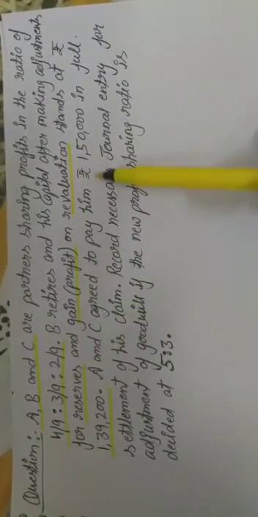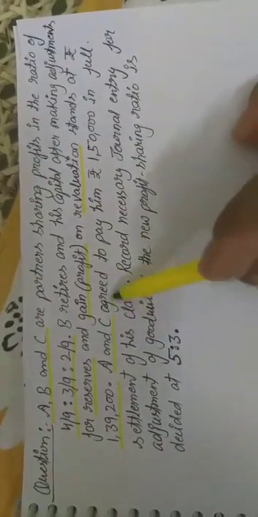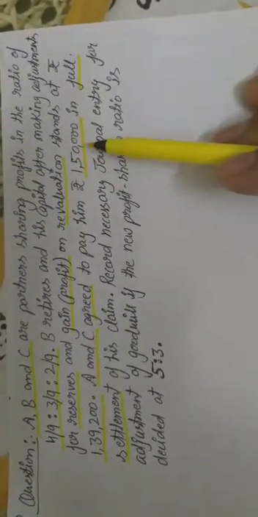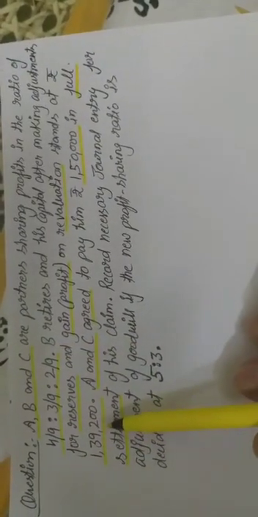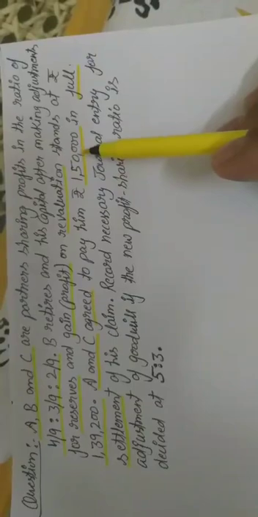A and C agree to pay him rupees 1,50,000 in full settlement. ए और सी एग्री हो जाते हैं कि उसको 1,50,000 पे करेंगे इन फुल सेटलमेंट, जबकि उसको तो 1,39,200 रुपये पे करने हैं, बट दे आर एग्री टू पे 1,50,000, ज़्यादा अमाउंट पेड कर रहे हैं. ओके, तो इसका मतलब जो ये एक्स्ट्रा अमाउंट पेड कर रहे हैं बी को, वो गुडविल होगी ओनली फॉर दैट पार्टनर. बी की कैपिटल 1,39,200 है और वो बी को 1,50,000 पे करने के लिए एग्री हैं. तो इट मीन द डिफरेंस ऑफ द स्टैंडिंग अमाउंट और paying amount will be the goodwill of that partner